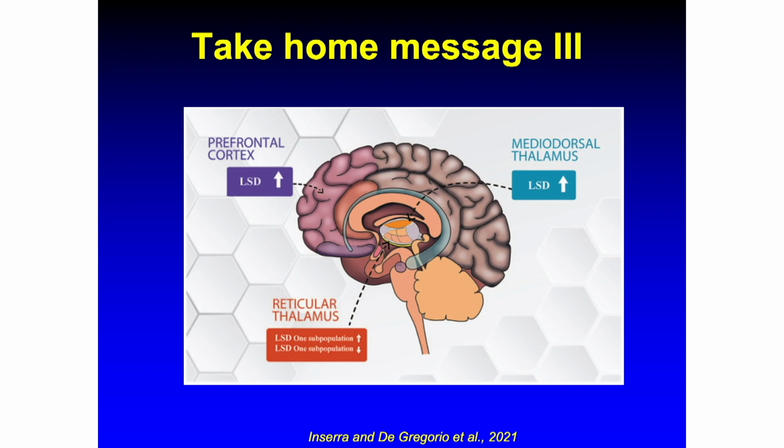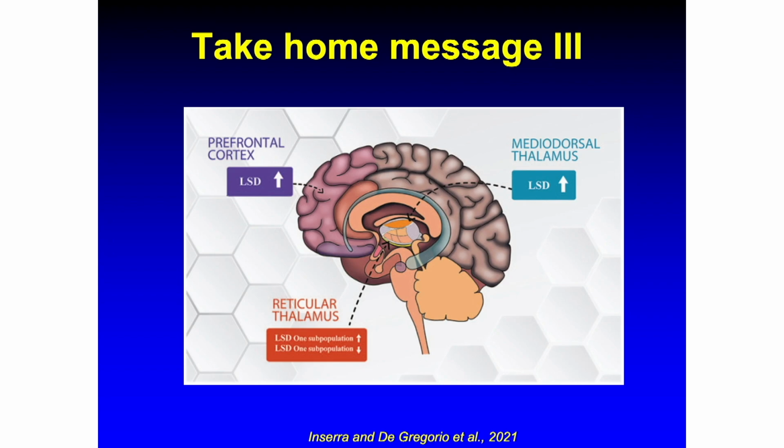So higher doses of LSD, I'm talking about 150 micrograms, acutely enhanced the neuronal activity of glutamatergic neurons in the medial prefrontal cortex, enhanced the neuronal activity of GABAergic interneurons